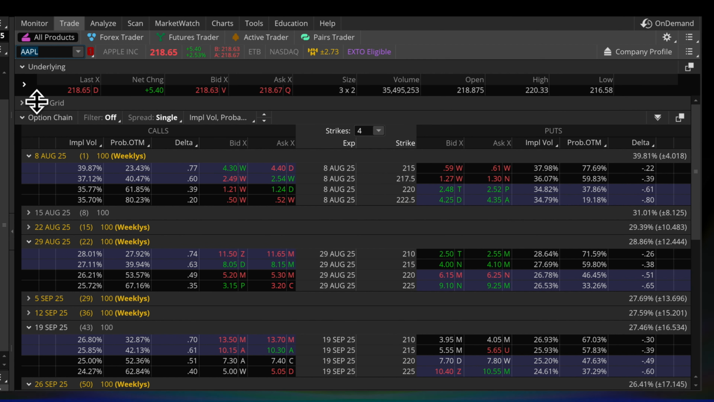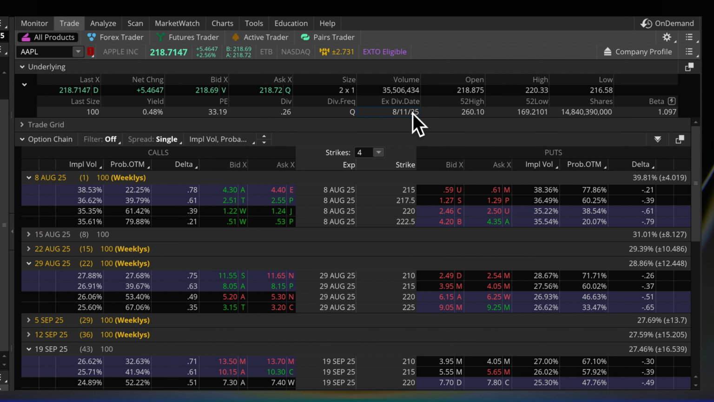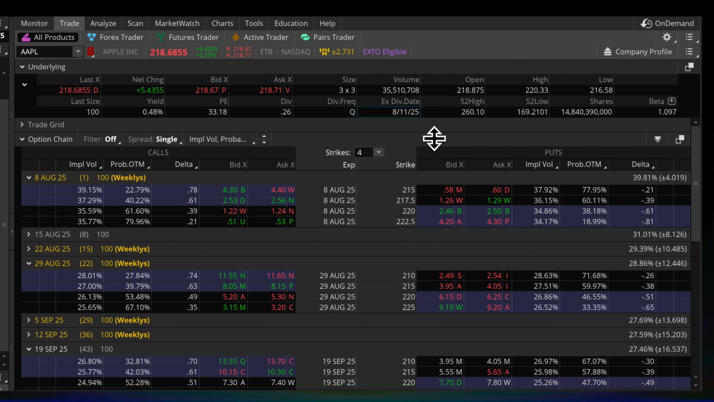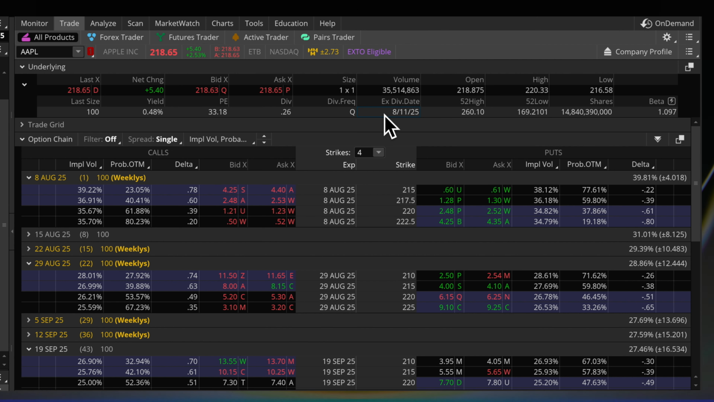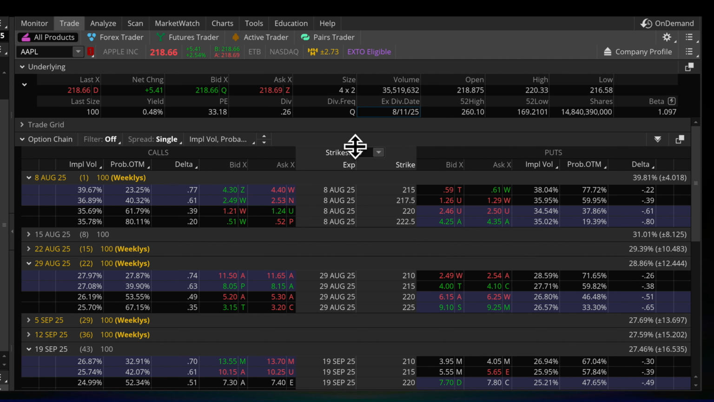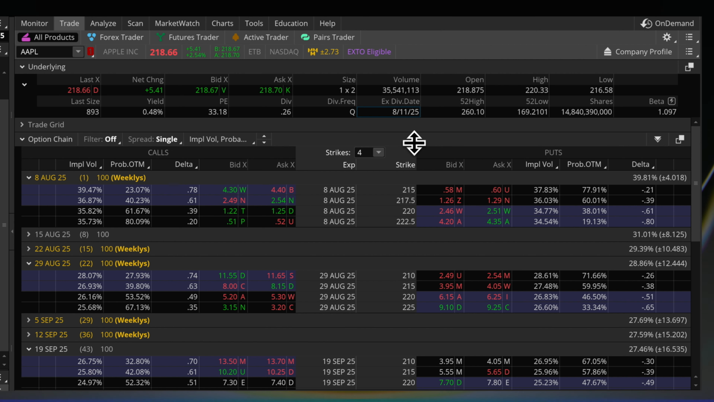And there is a small arrow. We just need to click here and you will find the ex-dividend date. So right now it is showing an ex-dividend date of 8/11/2025. So to get the dividend, we have to remember this date. So that's it. In this way, we can easily find out the ex-dividend date of a particular stock so that we